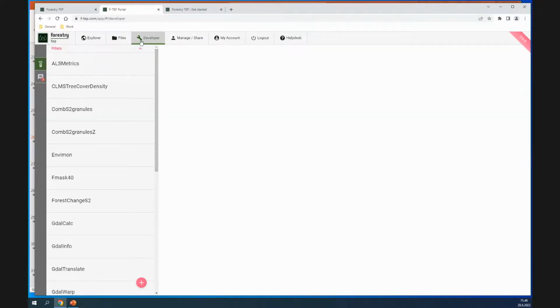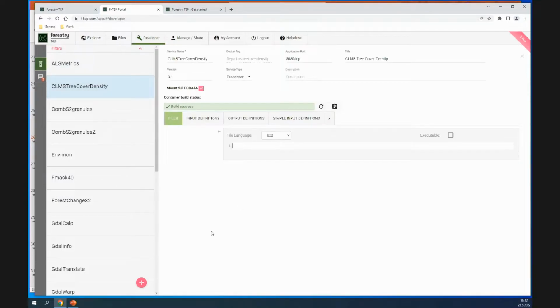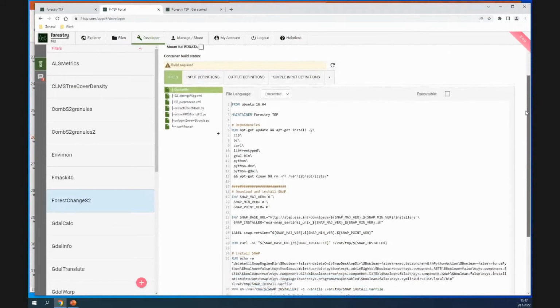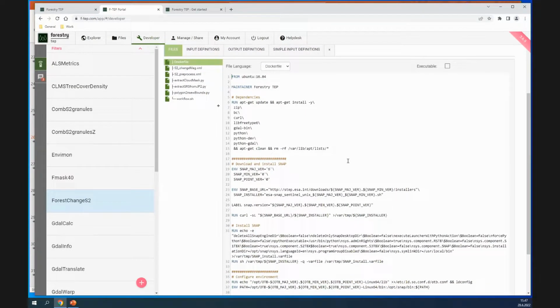And then there is the developer interface, which is for more advanced use. Like I said, if you want to implement your own services, but it's also a good place to see how these other services, most of the services here which are open to use, you can see the codes here, all the files.